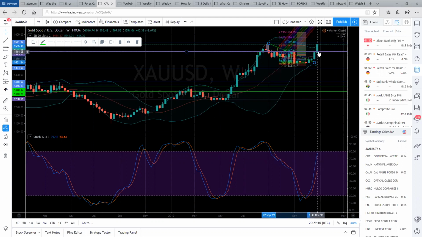Well, based on what we need to do, we've closed above broken resistance, which is going to turn support for us. So right now, what we're going to do is wait for a retracement, and I'm envisaging a retracement